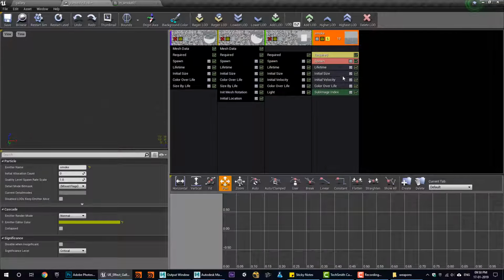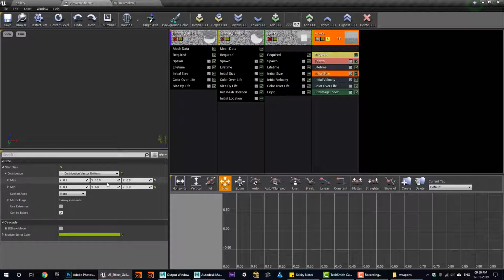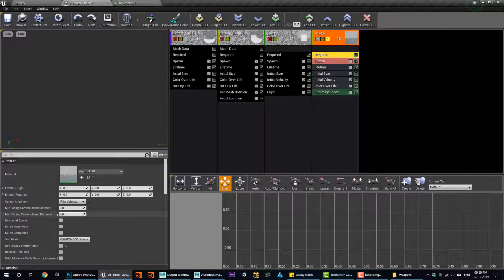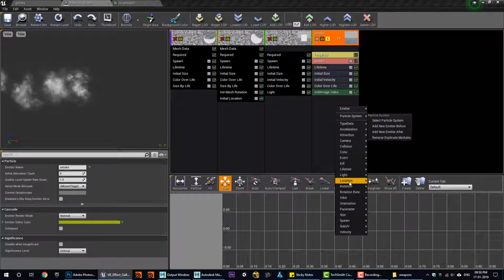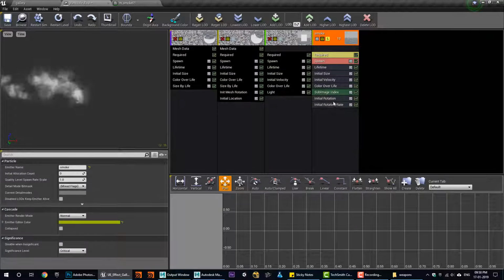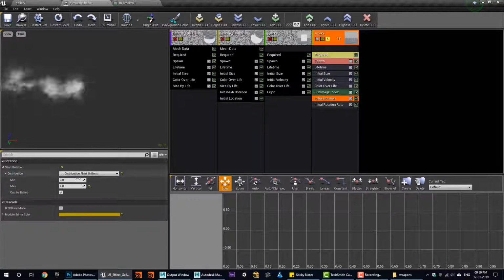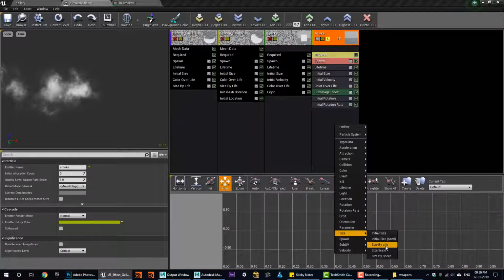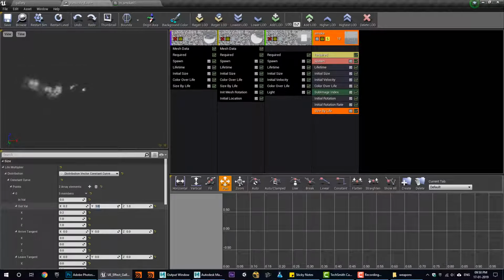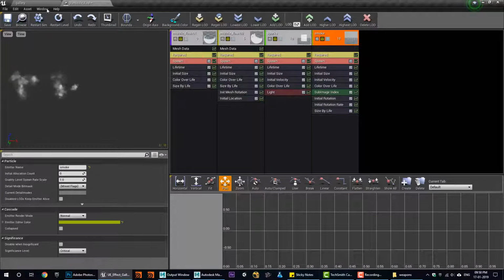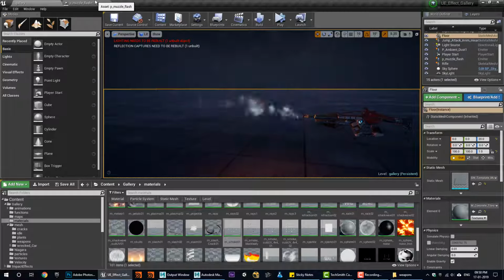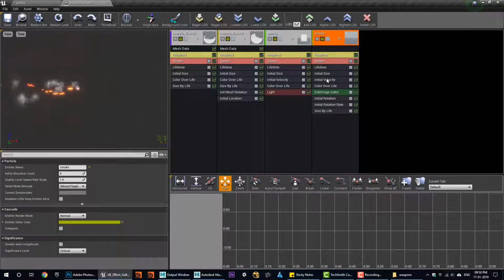If I isolate, it's not showing, so first I will align it square, and I will increase size like 100 or maybe 50, and random rotation rate -1 and -1, then size over life, and starting is like 0.2,